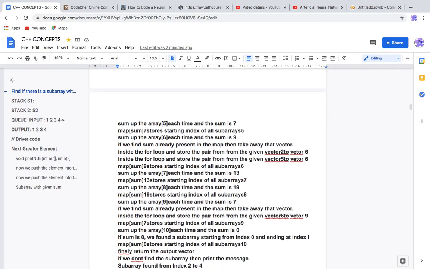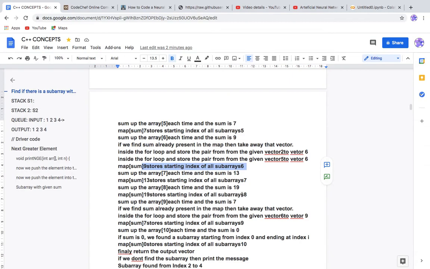We have taken out. Then next we add up 6, then the sum is 6, and then we add up again. Index of 9 is 6. This is also stored in that array. In case we find 9 again, at that time our vector will be having 1, 4 and 6 now, right? Earlier it was 1 and 4 only. Now 7 is there, sum is 13, 13's index is 7, then 19.